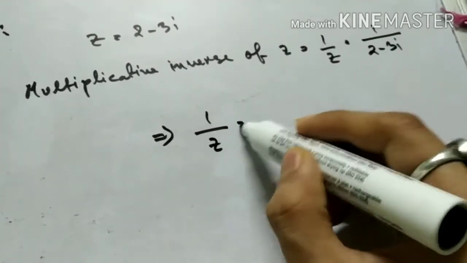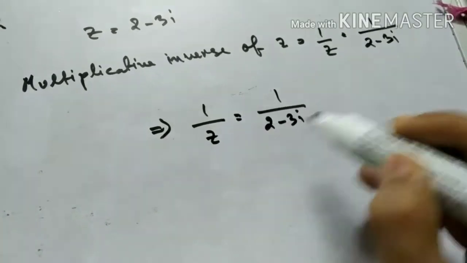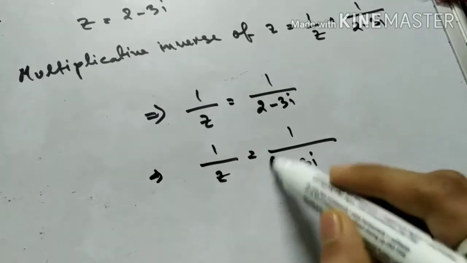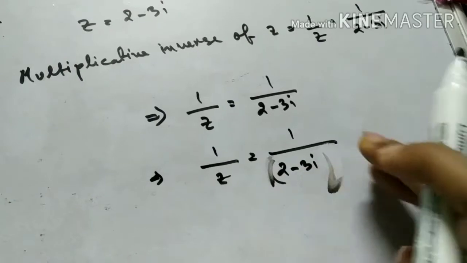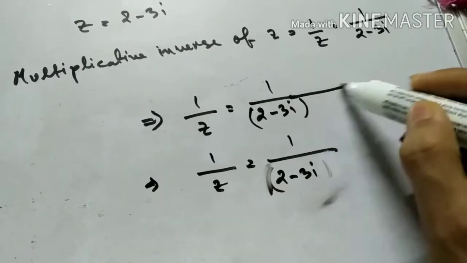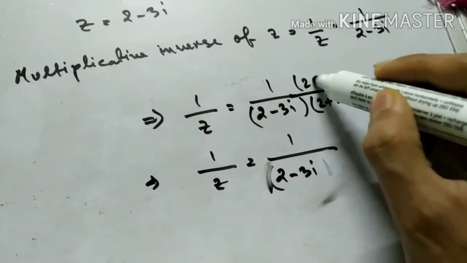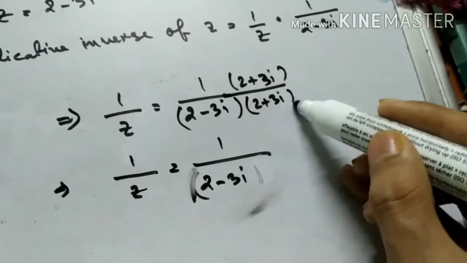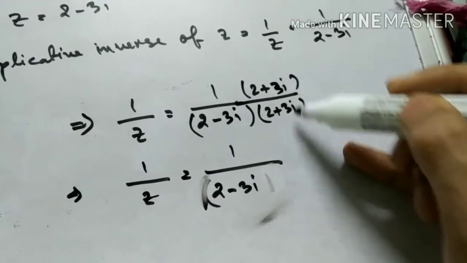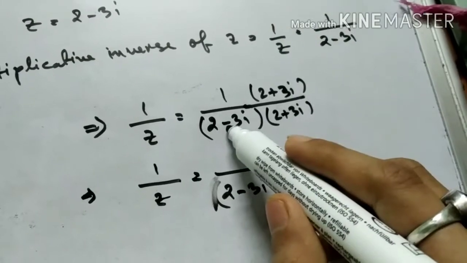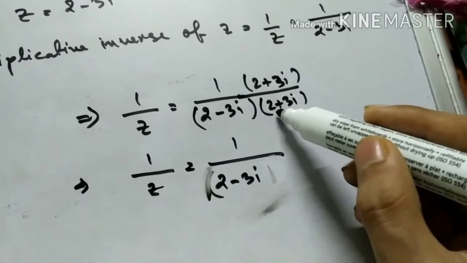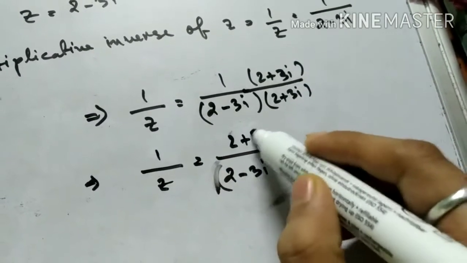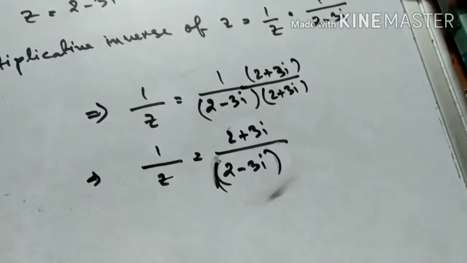So 1 by z is equal to 1 by 2 minus 3i. Let me do this in this step only. Both numerator and denominator I will multiply by 2 plus 3i. This is minus there, so I will use 2 plus 3i. If it was 2 plus 3i, then I would have multiplied both numerator and denominator by 2 minus 3i. So in the numerator I get 2 plus 3i, and the denominator